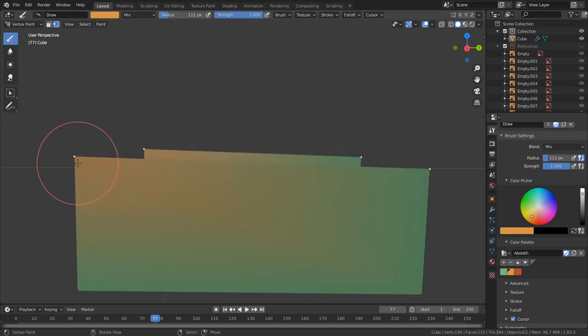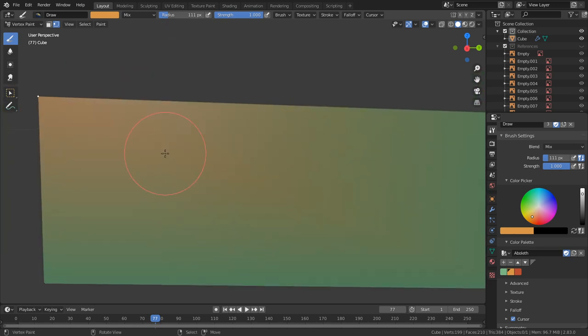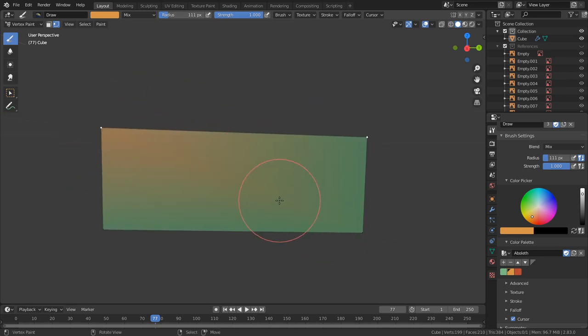So it will blend from here to there, and if you'll notice, there's actually a blending from here to here, even though there is no actual edge going from here to there, because that's kind of the road that we're using to blend the colors. So it calculates the colors from here to here, here to here, and here to here. Now the reason why is because there is an implicit edge that goes from here to here,